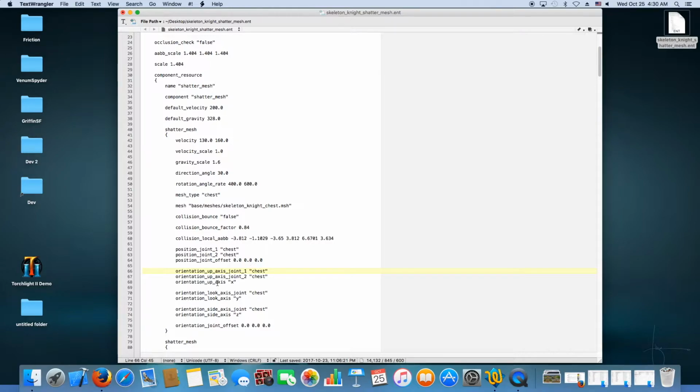And also for the up axis, you may be wondering, why is X the up axis? Shouldn't it be Y? What's happening there is the artists orient their joints however they feel like it, and so it's not something that they're orienting to help me out. So here I'm just saying, when you get the chest joint, you're going to use the x-axis as the up axis, and the same over here when I'm using the look axis, we're going to use the y. For the side axis you'd normally use x, but for whatever reason when I inspected that in the skeleton, it was the z axis, so that's what I used to build up